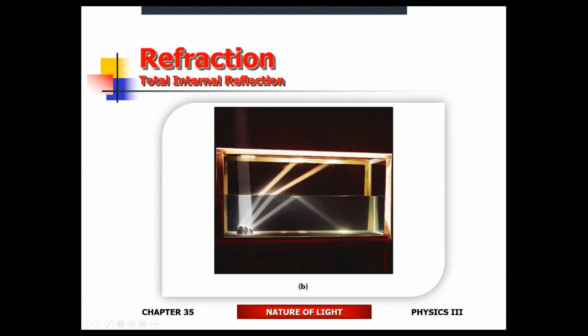All right, this is beautifully done. I love this picture. You have different mirrors, obviously at different angles. Right at the critical angle, here's what's happening. Whatever that critical angle is, you can see that the light is going this way. At an angle larger than the critical angle, the light is internally reflected. At an angle smaller than the critical angle, the light is going to escape from the material.